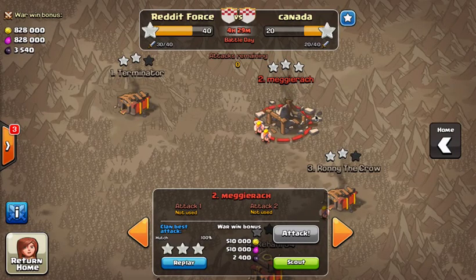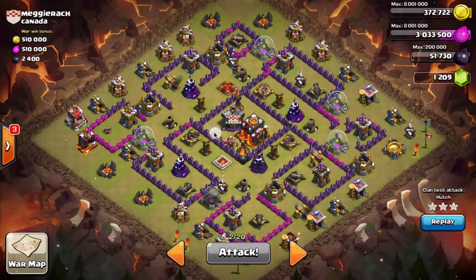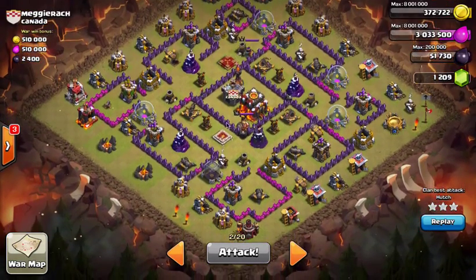So we're moving on to the fourth replay from this war, and the reason that I want to show this war, I mean obviously it was a 3-star attack on a Town Hall 10. This was a lower level Town Hall 10 in terms of defenses and especially walls. But what I want to point out is just that the Inferno Towers are really game changers in